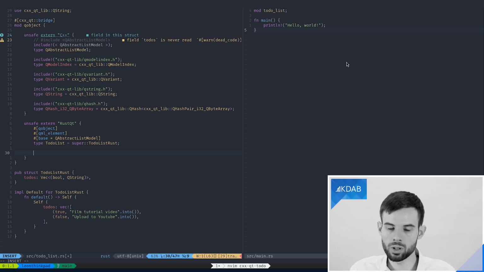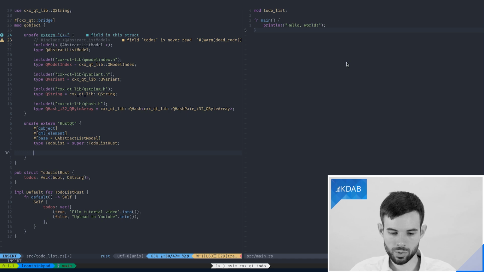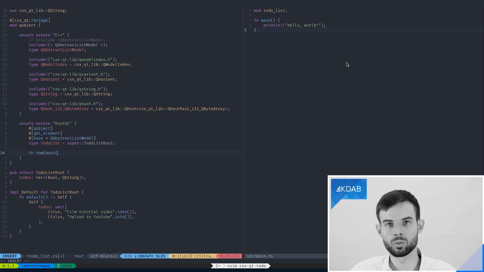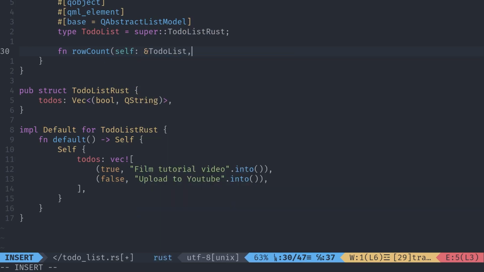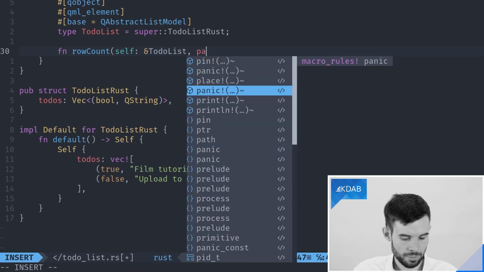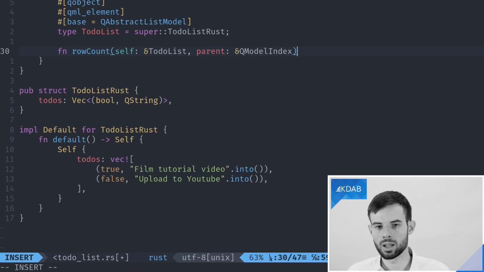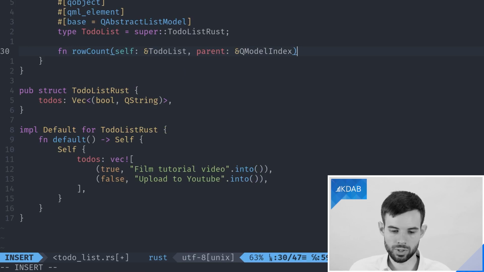And first of all, like I said, we need to tell Qt how many rows are in our list. Only after Qt knows that, it will try to access the data through the data function. So we first need to override the row count function. Of course, that function needs to be implemented on the to-do list, so this is just normal CXX syntax here. And for reasons that are more about QAbstractItemModel and that don't really make too much sense in a list model, this function also takes a parent, which we'll largely ignore going further. And this then returns an i32.